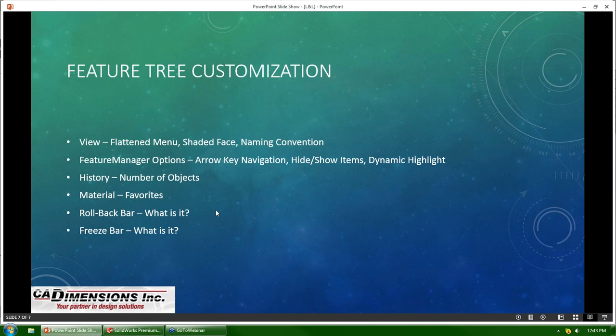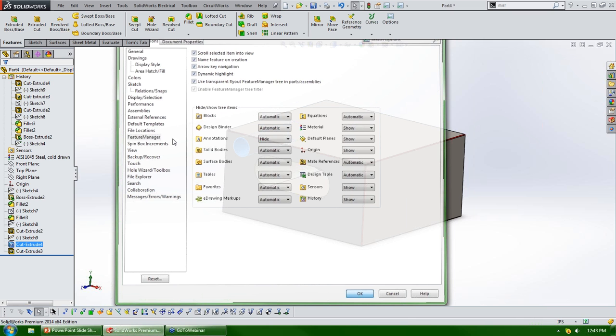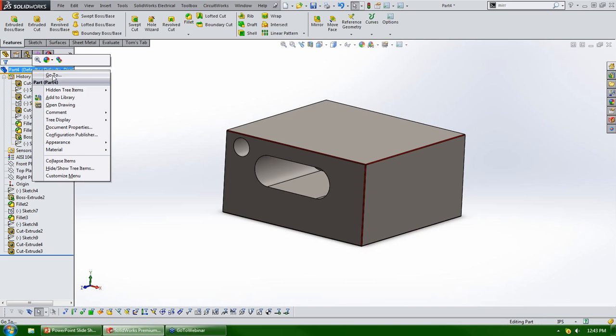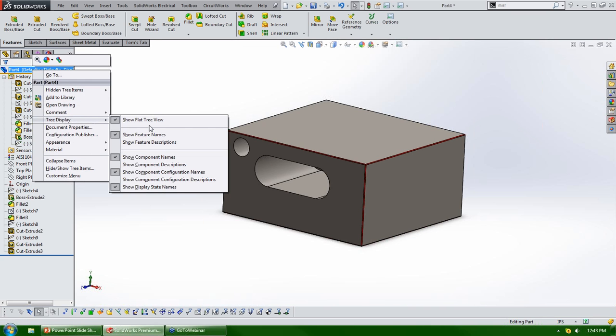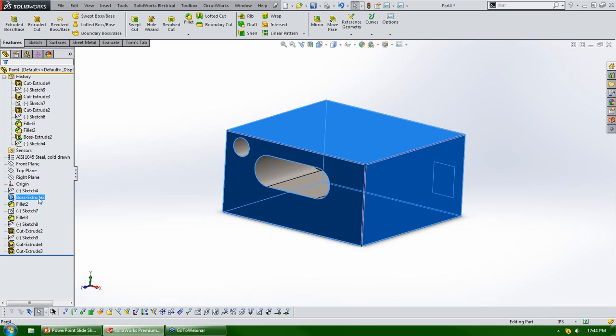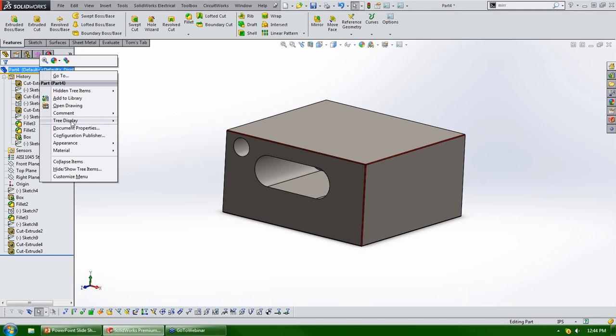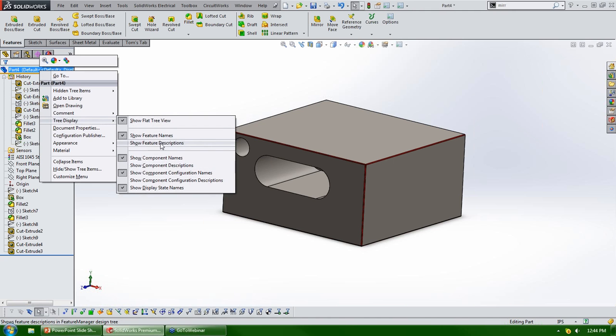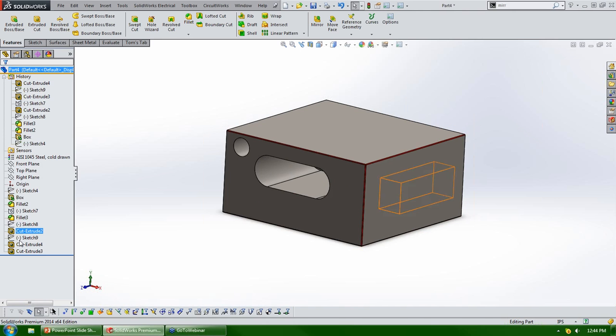With that, let's see, we went through our flatten menu. I guess naming conventions, one other thing that I can show you quickly here. When you're in your feature manager, you get some display options. So if you have a very complicated part and just using the standard extrude and cut extrude that SOLIDWORKS gives you isn't sufficient enough, you can go ahead and start naming your components. So if I do a slow double click here and call this box, SOLIDWORKS will show me that. If you only want to use those display names, you can show your feature descriptions. So it takes away,